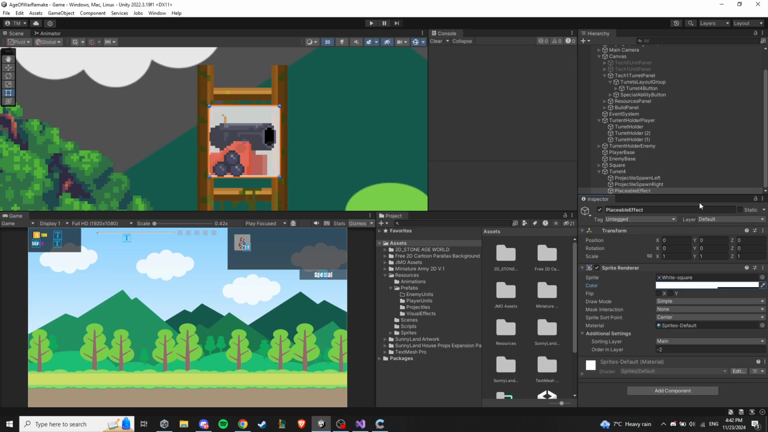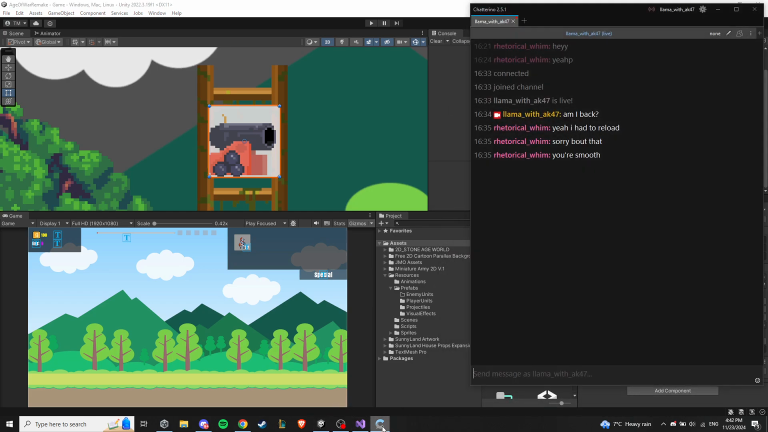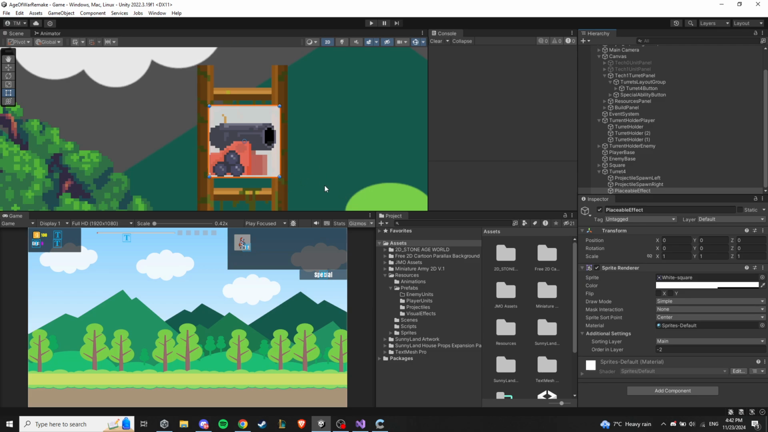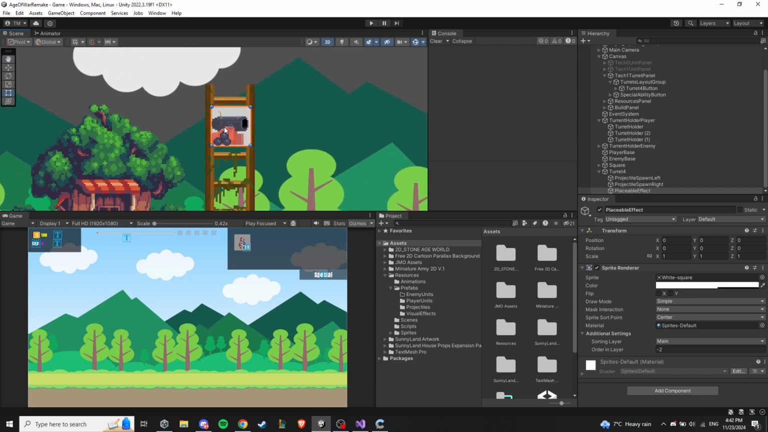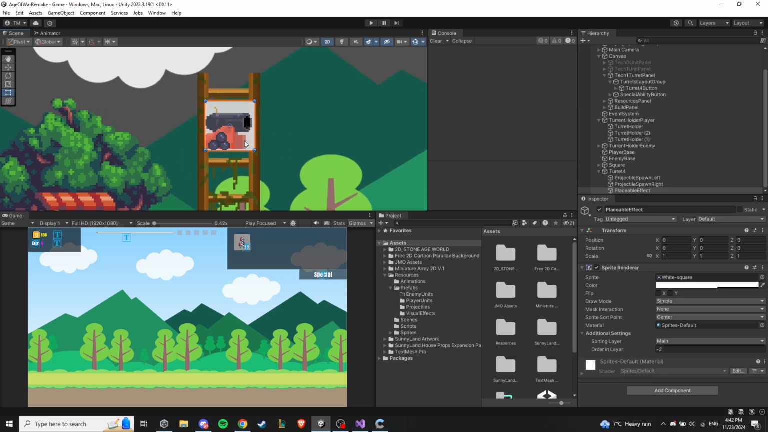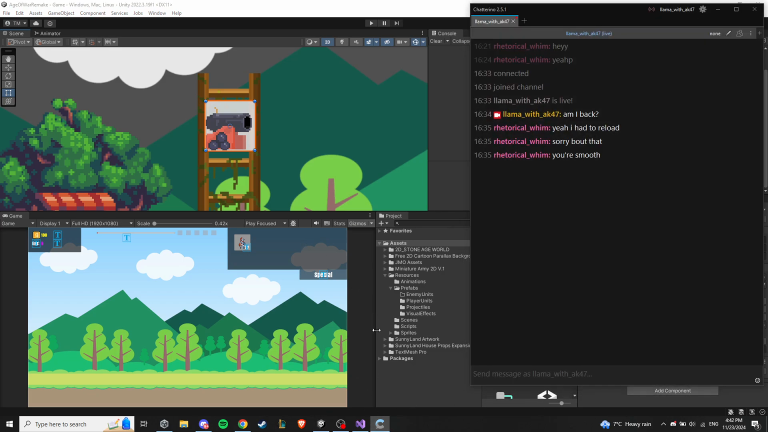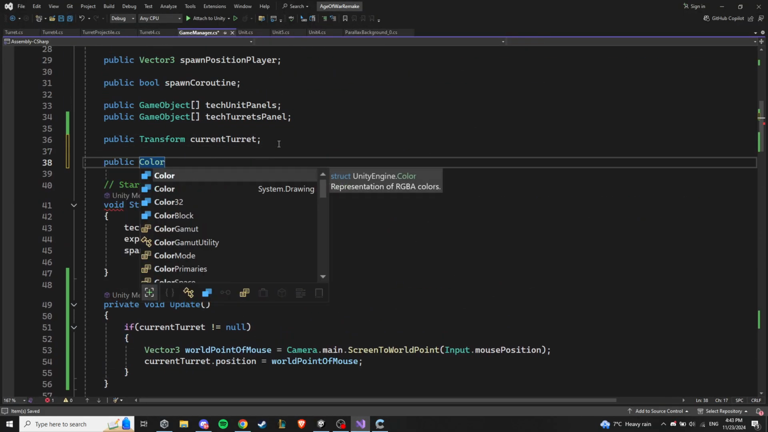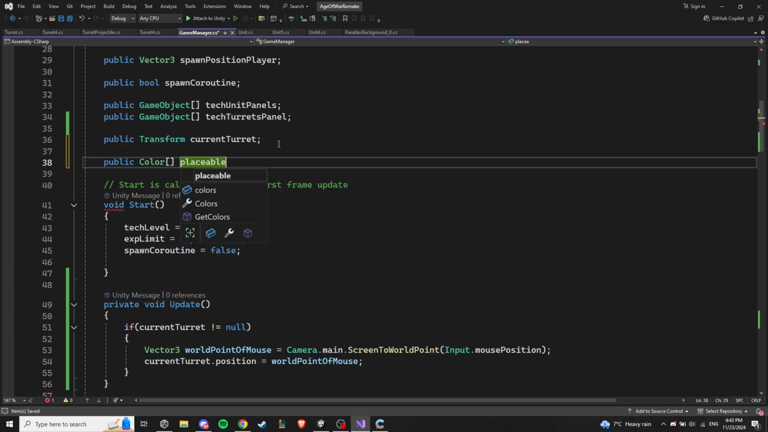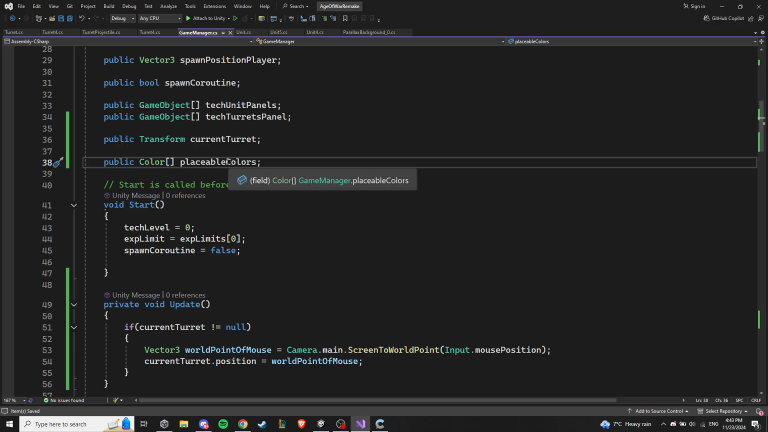Now we'll save some colors, because we want this effect to be white while we hold the turret in space. Red if we cannot place it, and then we want green if it is placeable. And we will also want some UI to be able to delete turrets, or maybe not delete, either delete or sell. We'll think about that. But first, let's save some colors here in the game manager. We make a public color array. So placeable color, place colors,